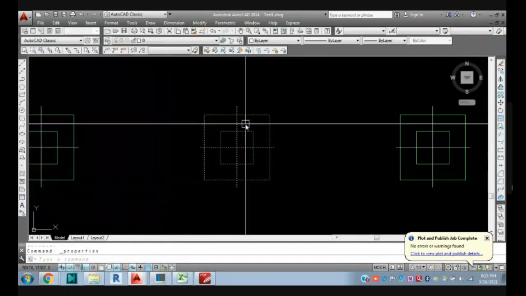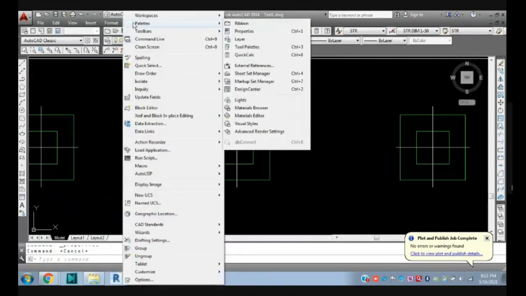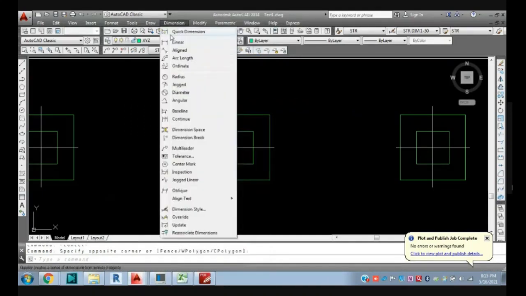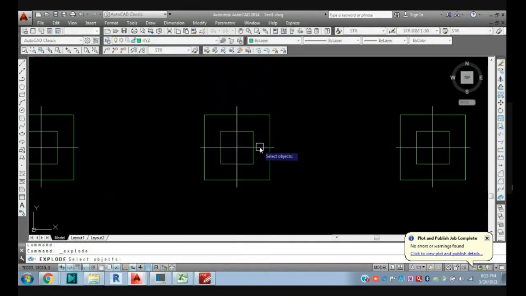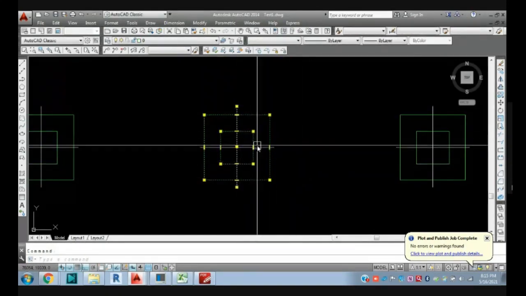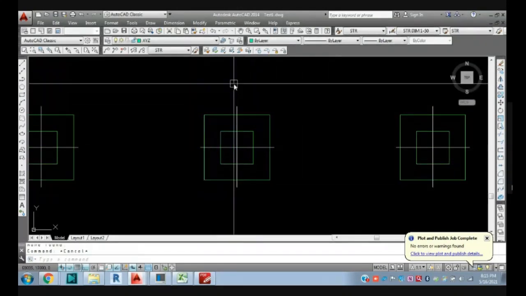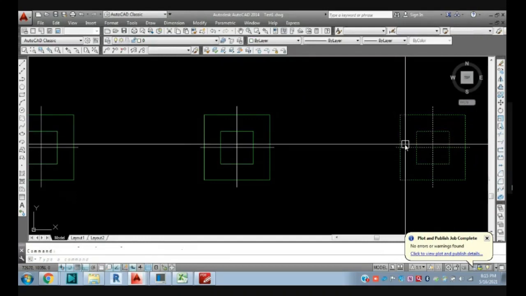If you want to separate it, just go here, modify, and you have one command for this, explode, or you can use the EX command. So just select this block and press enter. You can see all those elements are separated here. If you want to explode a block, give the explode command, select your block, and right click. So you can explode the block.